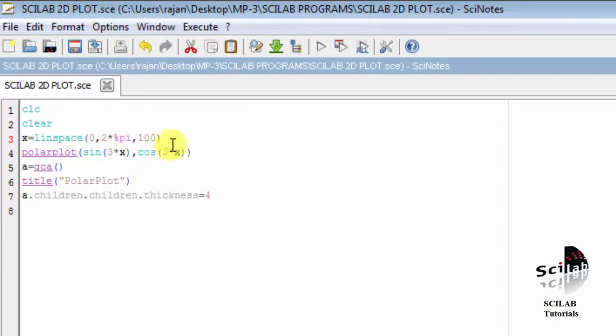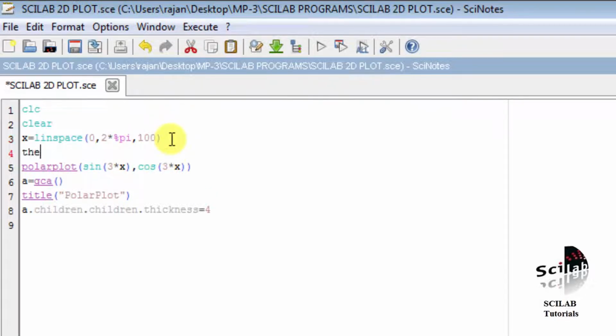Now for the theta, let us give theta is equal to sin(3*x). Since x varies from 0 to 2 pi, theta will take values from +1 to -1. So -1 to +1 or +1 to -1, these are the values of theta. The theta will contain 100 values, minimum will be -1 and maximum will be +1.